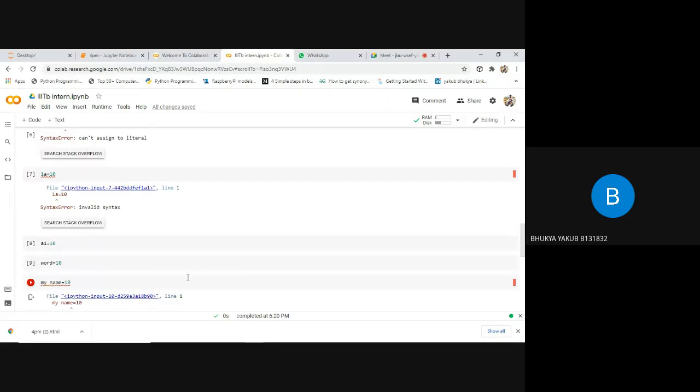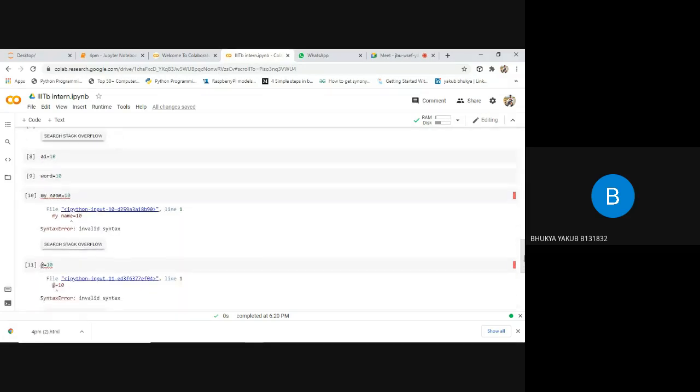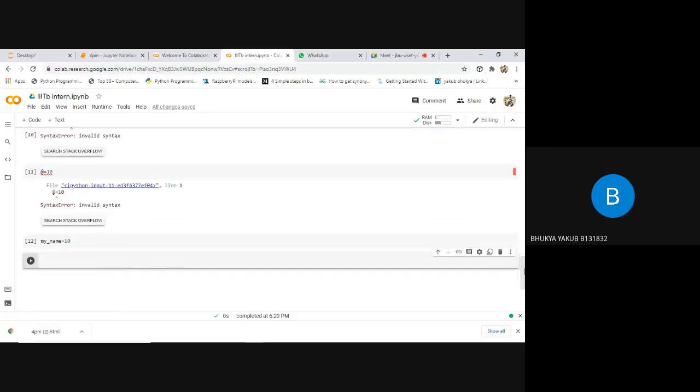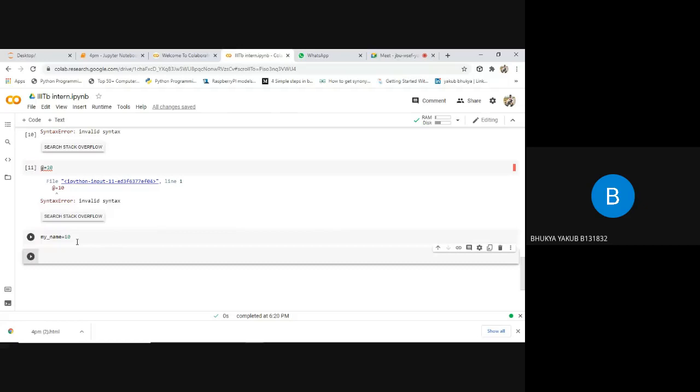In between the words spaces are not allowed, and special symbols cannot be used as an identifier. And finally, if you want to use sentences as an identifier, you need to use underscore in between the words. These are the rules to define variables or identifiers.